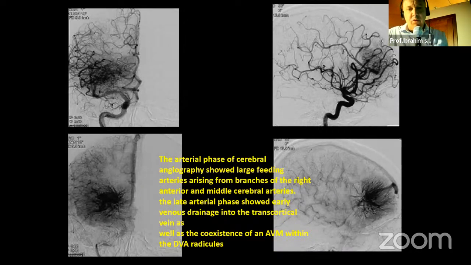This is a lady. She presented with paresthesia in her left upper limb and lower limb with occasional headache. And what we can see is that there is a blush, but with no significant early venous filling. We see mid-venous filling, what we call venous filling in the mid-arterial cycle. And there is a huge caput medusae